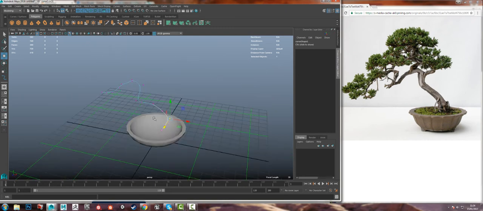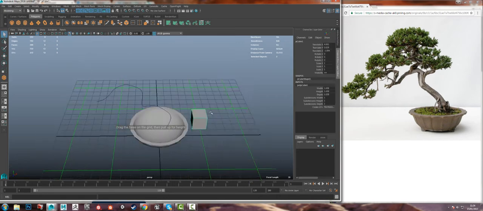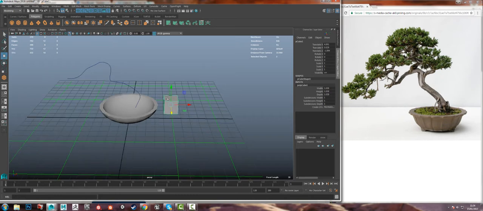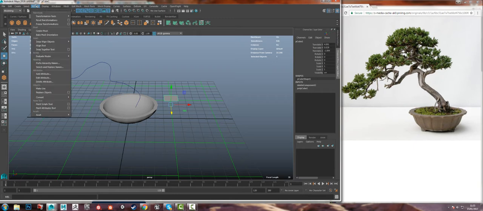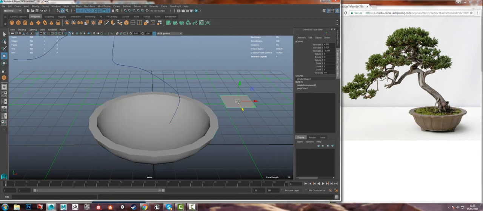So I want to start now making my actual trunk, making my actual physical geometry, because obviously this isn't geometry. This is obviously geometry, but this isn't. So I'm going to bring in a very low poly square. Well, I'm just going to bring in a cube, and I'm going to take off everything but the bottom face. So if I go to face mode, I'll take everything but the bottom off. So I'm just left with this top bit, and obviously reset the transformation, reset the pivot so it's in the center. There we go. And what I'm going to do is snap this to my curve,